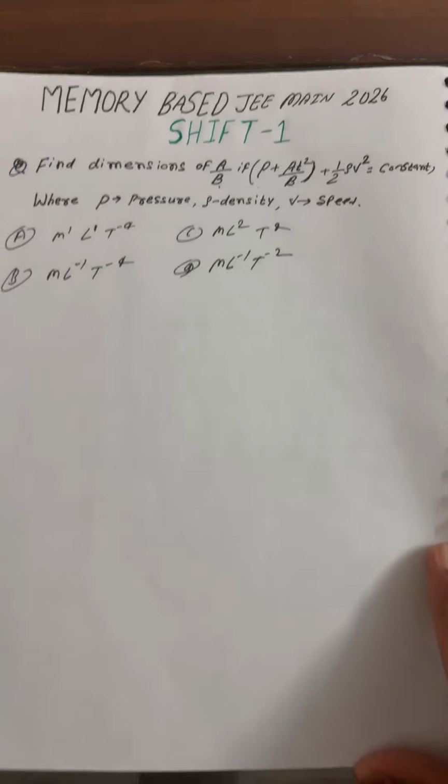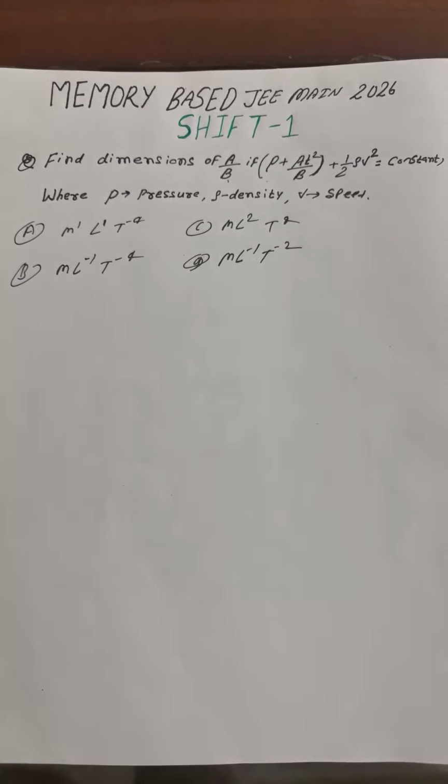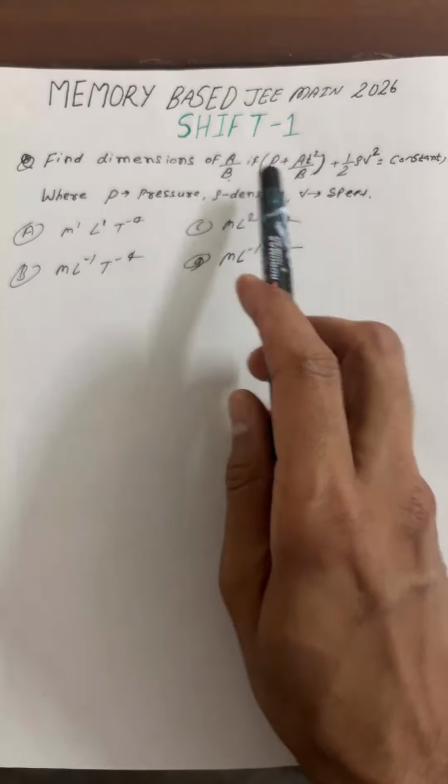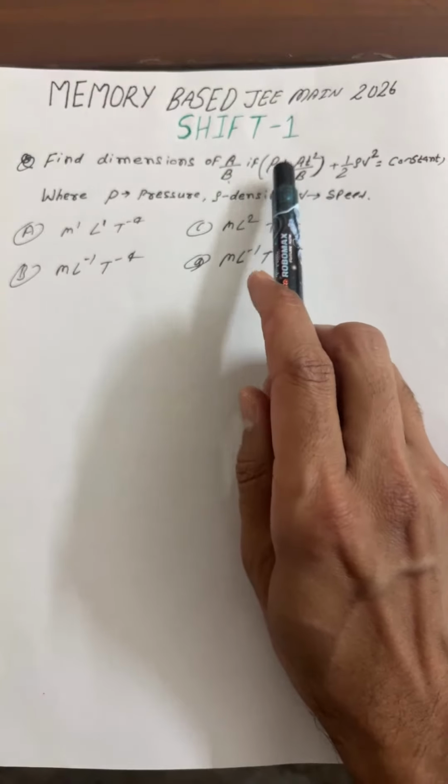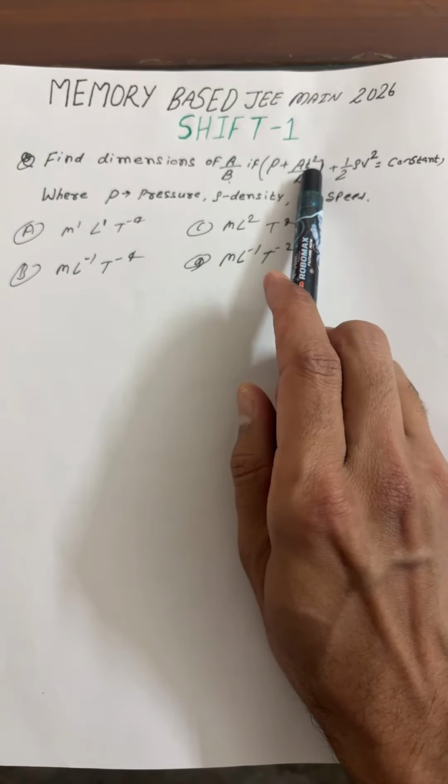Now I'm going to solve your question which came in JEE Main Shift 1. Have a look, this is question number 1. I'll go a little fast because I also have to solve the Shift 2 questions for your help. What does the question say? Find the dimensions of A by B if pressure